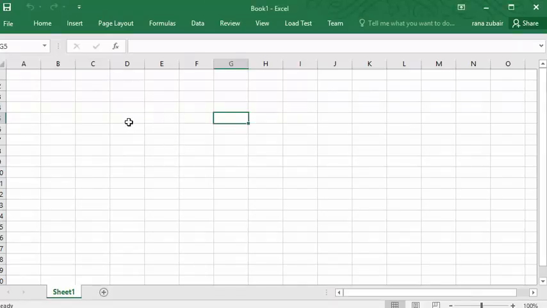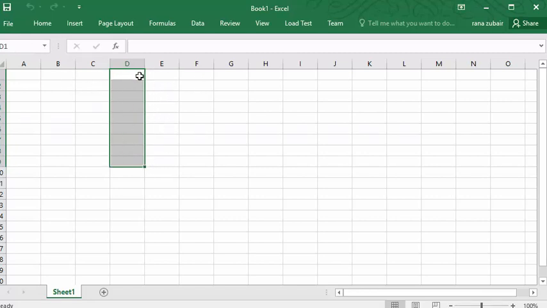Let's say I want to select D1 to D9. Click on D1, press the Shift key and click on D9. Now these are all selected. It is 9 rows by 1 column.